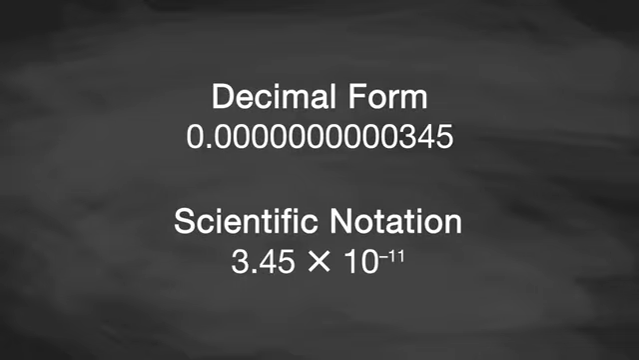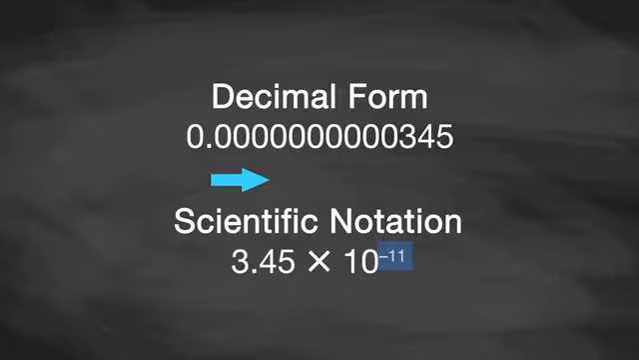Scientific notation can be very useful for rewriting extremely large and extremely small numbers. When changing a number from decimal form to scientific notation, it's important to remember there can only be one non-zero digit to the left of the decimal point. The exponent of scientific notation represents the number of places and the direction the decimal needs to move between scientific